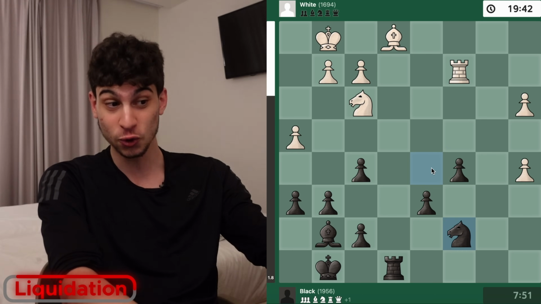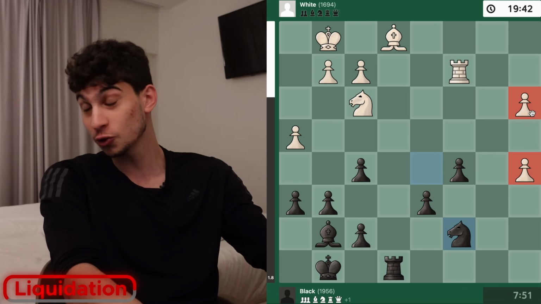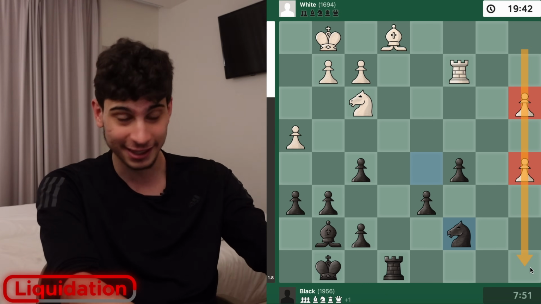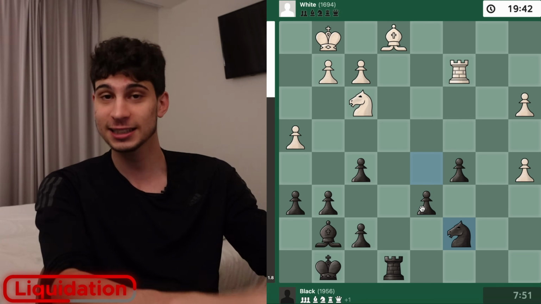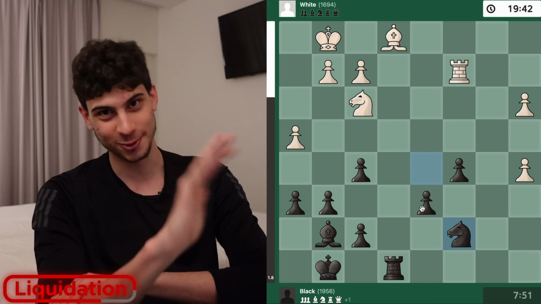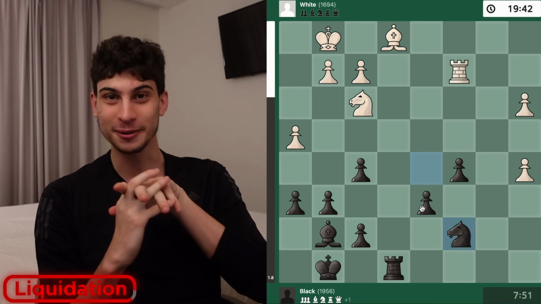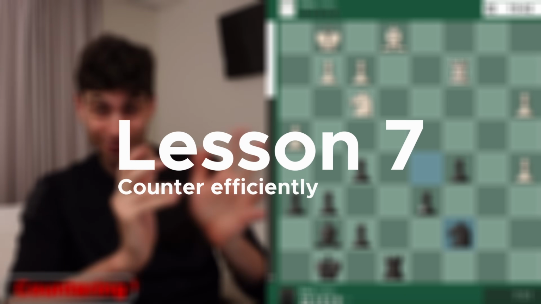Here I have two passed pawns, whereas my opponent has one passed pawn. They have two passed pawns on one file, but they're isolated double pawns. It's way less strong than mine, and I'm just a pawn up. So this is textbook better endgame and easy to convert, although it wasn't easy to convert in the game, but that's another story. And I have a very easy winnable game, which brings me to tip number 7,